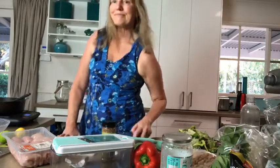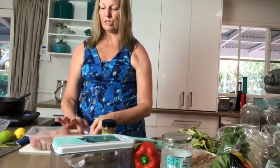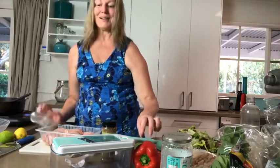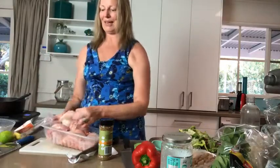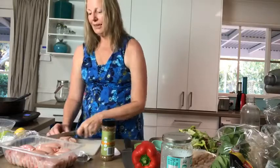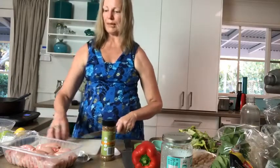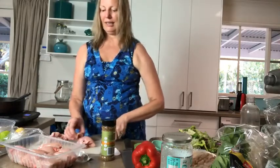And while that's doing that, I'm going to chop up my chicken thighs. So, you know there's some sort of giant chicken shortage, but not for thighs, because everybody in the whole wide world thinks thighs are dud, except us. We all know that thighs are the best bit. They're the tastiest, they've got a bit of fat on them, they've got the protein, they're easily, by far and away, the best bit of the chook. So I'm just going to chop them roughly. I've got a beautiful, beautiful sharp knife, because I don't want them too small, because I want to be able to pluck out the chicken when it's poached for the salad and keep,